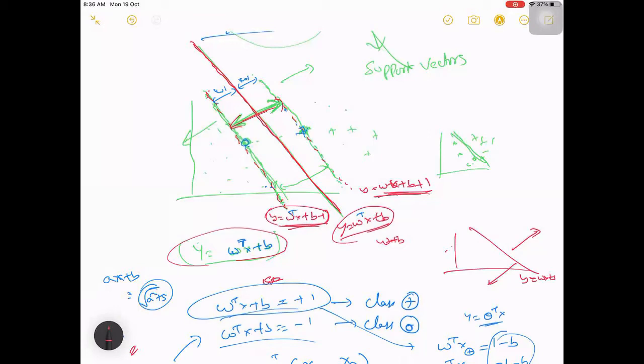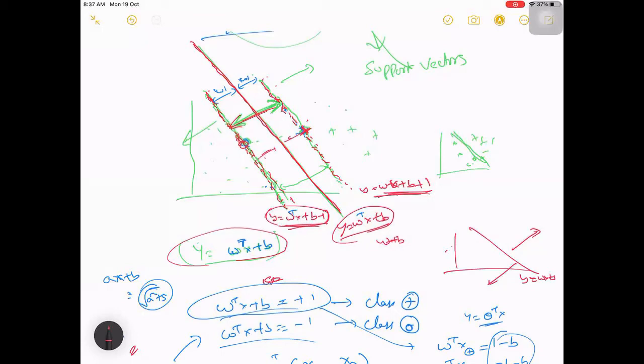Support vector machines provide a new way of calculating this decision boundary. How they do it is, initially they will identify these boundary vectors, which we call support vectors. This is a completely different technique. They find these two lines, which we call margins. After getting these two lines, the midpoint between them, which is equidistant from these two, is where we draw the boundary. That is the decision boundary.